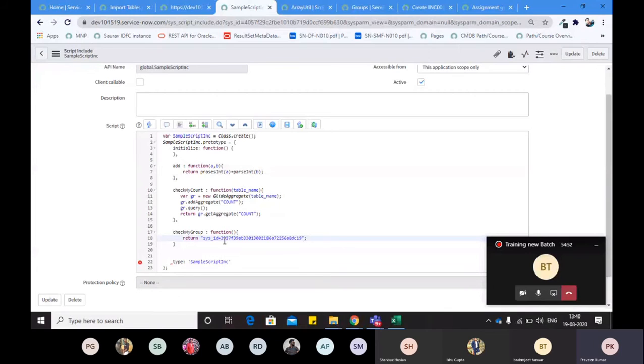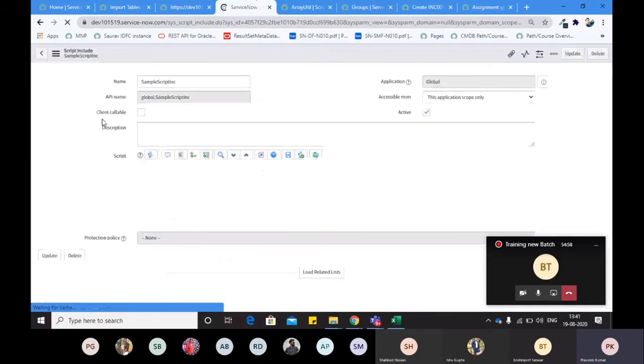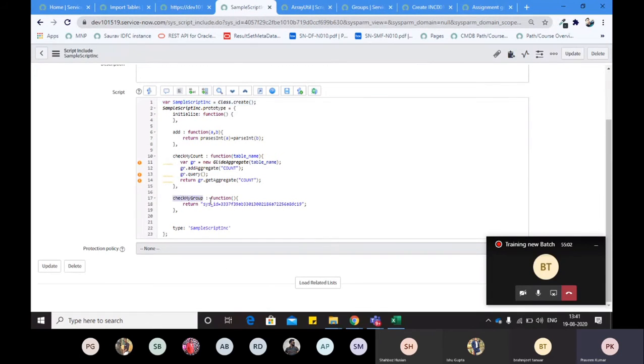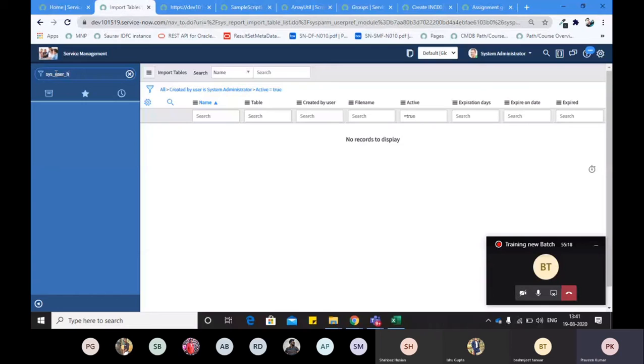So for example, you are getting my group, meaning I am a logged in user, and there are many methods using which you can identify my group, or you can directly put a glide record on another table.